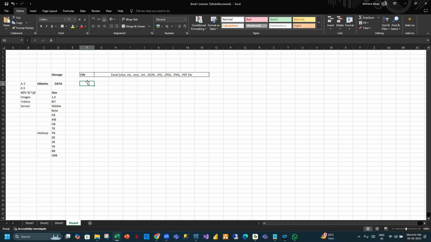Not possible, right? So I have to go to the next sheet. But if I want to draw a summary report, I have to take the first sheet report, the second sheet report, and combine both reports. Correct? Yes. That's the reason, to overcome that, we have something called a database. A database can store a huge size of data compared to files. Understood?